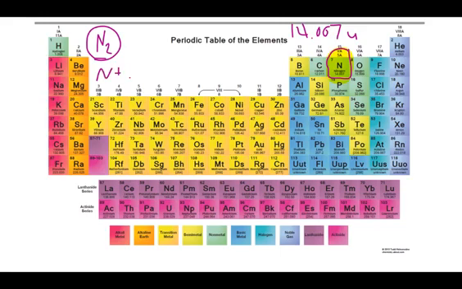So nitrogen plus nitrogen gives us 2 nitrogens, right? So I need to take my 14.007 and add 14.007. I need 2 of them. So my formula mass for N2 is going to be 28.014